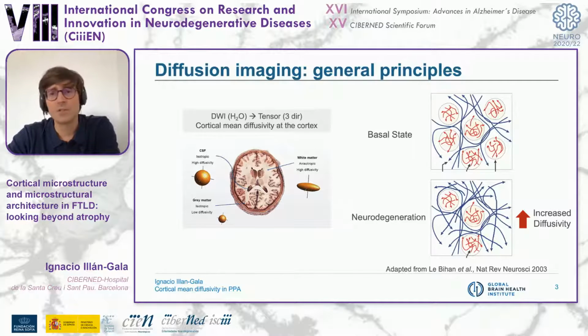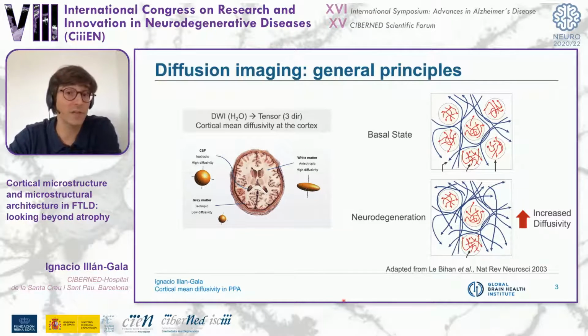First, some general principles for those in the audience who may not be familiar with magnetic resonance imaging studies. Diffusion-weighted sequences capture the movement of water molecules in our brain, and we can model this movement into a tensor that represents the 3 main directions of water movement, like you can see in the slide. If the water has a huge displacement in all directions, like it occurs, for example, in the lateral ventricle, where we have cerebrospinal fluid without any kind of restriction, then we can represent this movement as a huge or big sphere, like this. But if the water